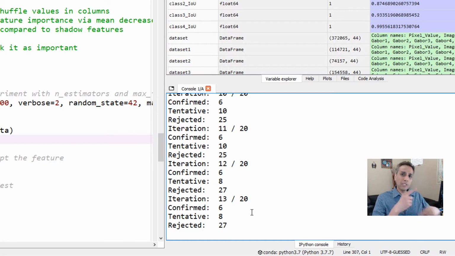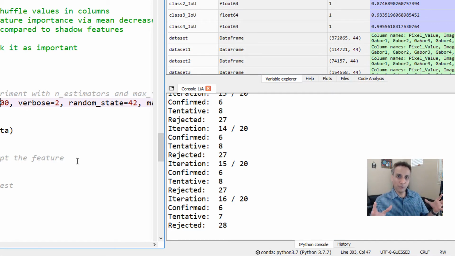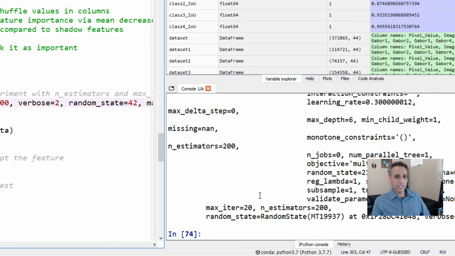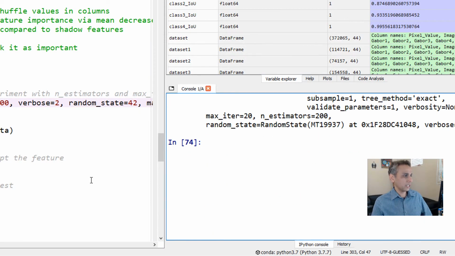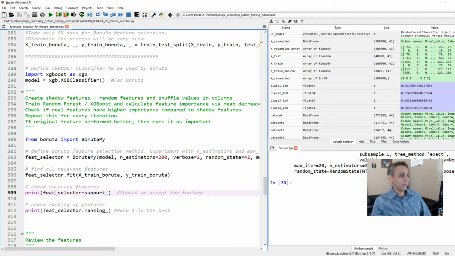As you see, it's going through these iterations, and I encourage you to play with the number of estimators and number of iterations to see how it's actually behaving. But this is good. Not that slow either. There you go. So at the end of this, it's basically saying that 6 confirmed, 4 are tentative, 28 are rejected. So now let's go ahead and print